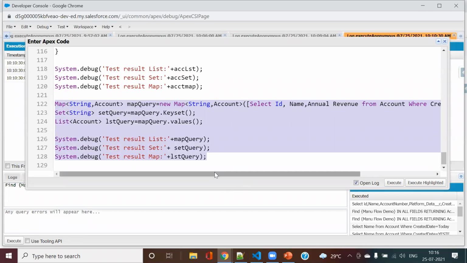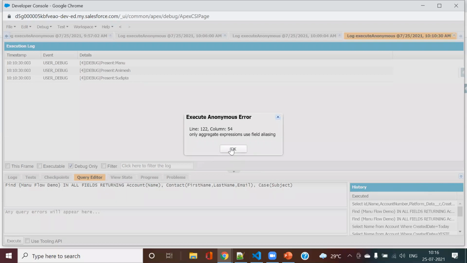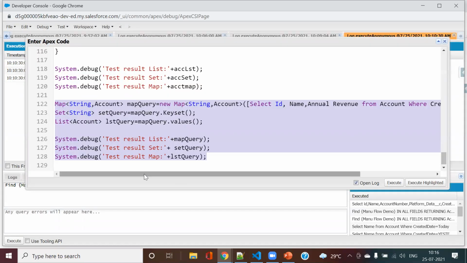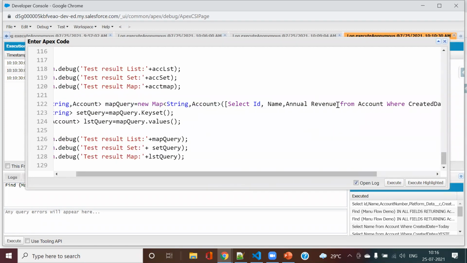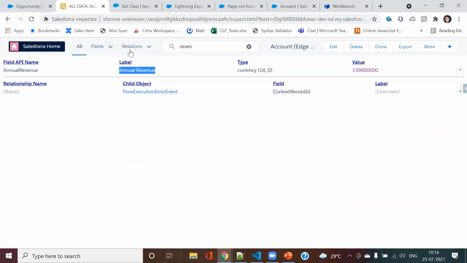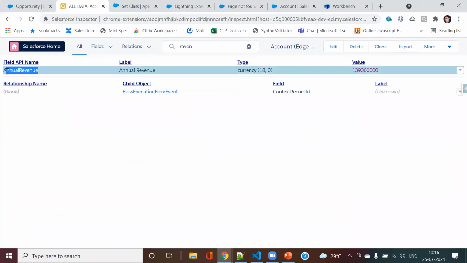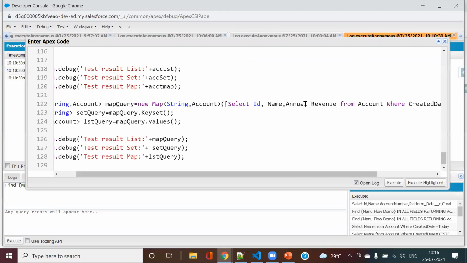Did I miss something? The line number, I'm just checking. 120. Okay, sorry, I wrote the wrong name. If you see, the API name is Account.